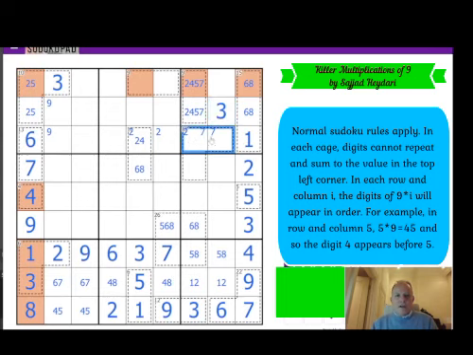Now, you can't put 9 in this cage because it would be with a 7 and need a 2 here, which is impossible. So 9's up there. This cage is whatever 2 digits add up to 9 that aren't there. So that's a 9 to make up the sum. This is either 2, 7 or 4, 5, but it can't be 4, 5 because it's got a 7 in it. Therefore, it is 2, 7.